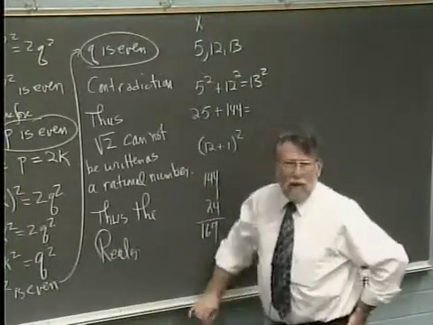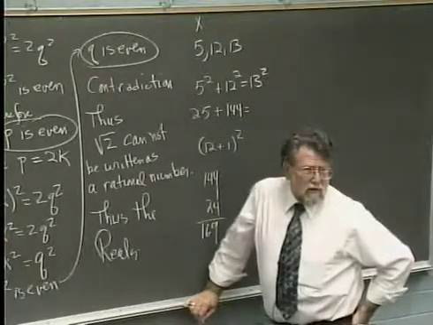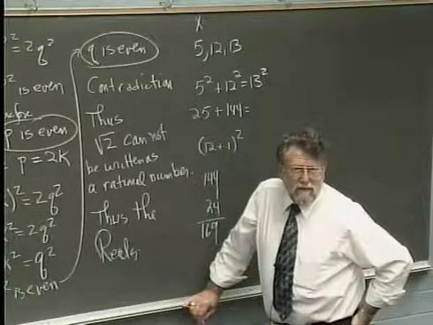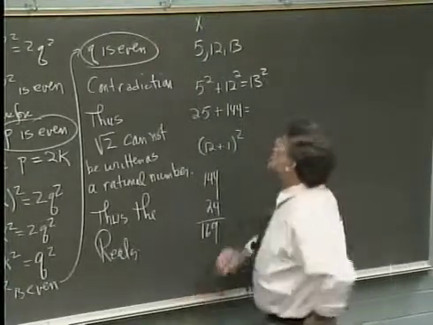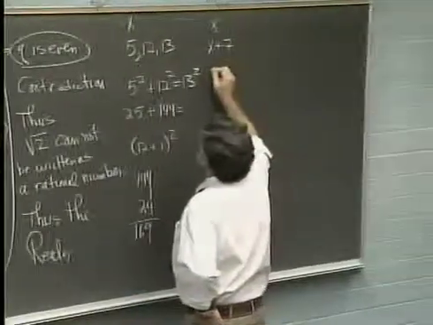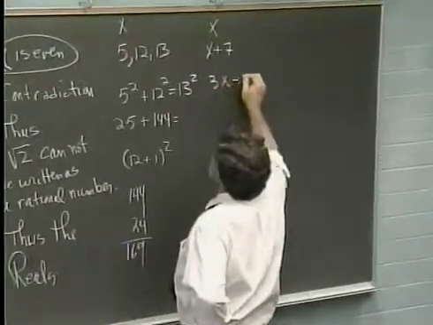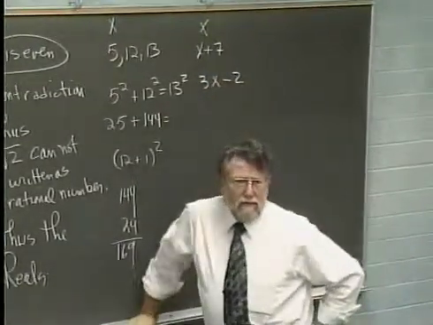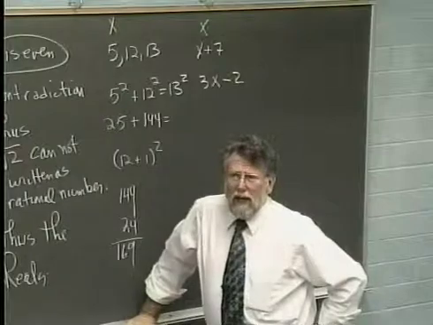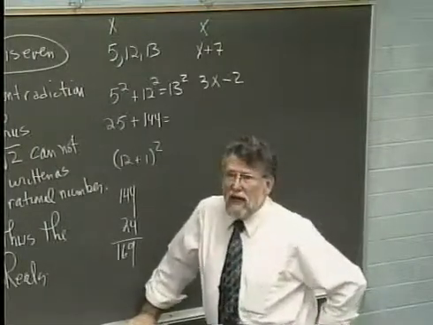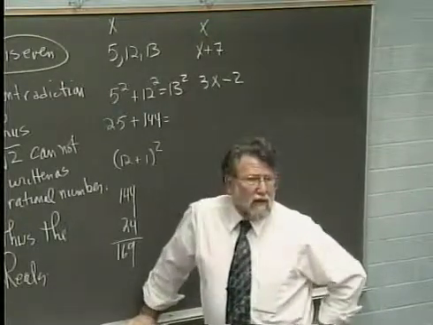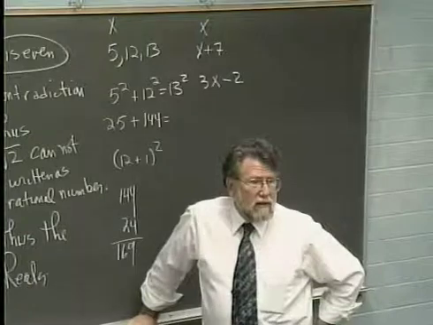Okay, x plus 7, or 2x plus 2, or 3x minus 3. Okay, x plus 7, and then take the other one maybe as 3x minus 2. So if I could write a problem and write it in a verbal way where I say you have a distance and somebody else goes 7 miles more than that, and the next person goes 2 miles less than 3 times the original distance,